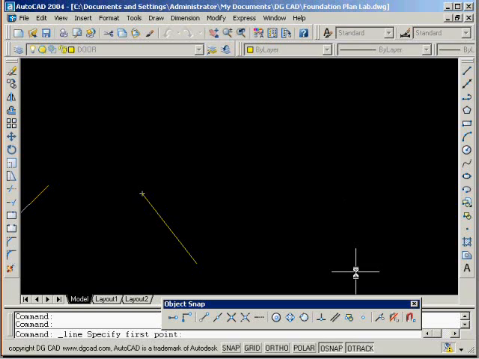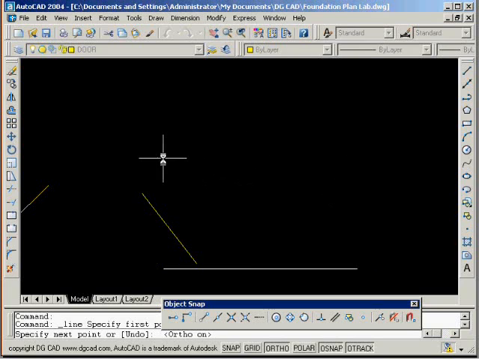Using my polar, I'm going to start my line here. And as I move up, I'm going to turn my ortho on so it's nice and straight. As I move up, when it gets near that, now it's actually not doing it because I started my command again. My little tracking guy is